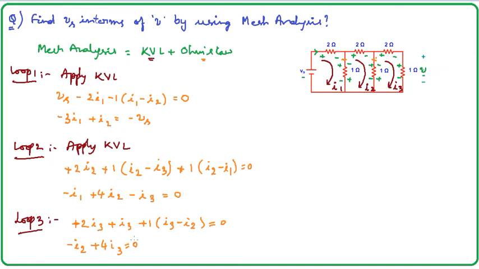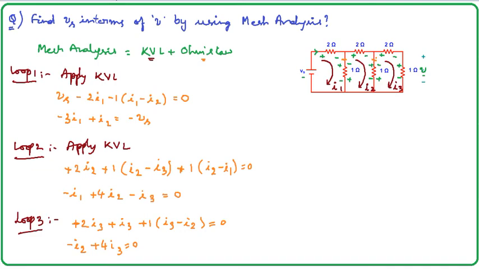So you can simply go ahead with these things. So now we have three equations. Now we want to solve for the currents I1, I2, I3. And once we have solved this, we will be able to understand this problem, and we can solve this problem. Now this is up to us, how to solve this problem.